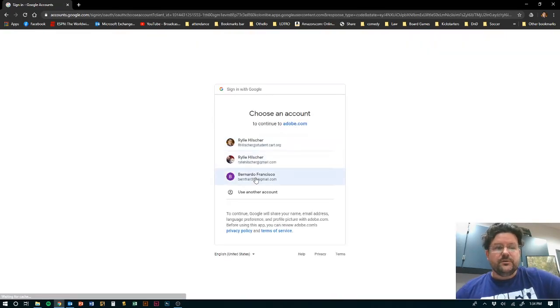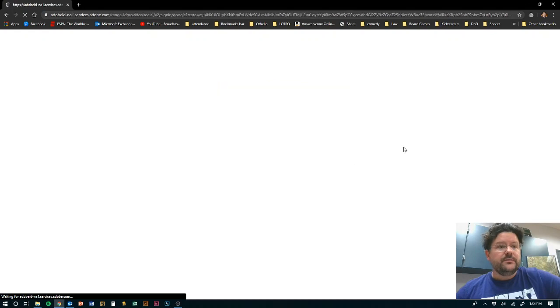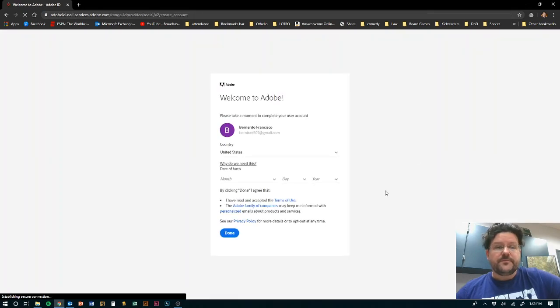Now it's going to ask me which Google account I want to use. So I'm going to pick the one that I have not used before. And it's telling me welcome to Adobe, and it's trying to create an Adobe sign-in for me. Now it's going to ask me for my date of birth, and the reason it's asking for a birthday is